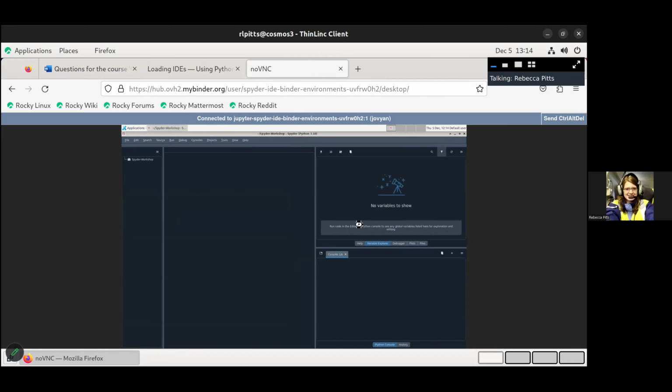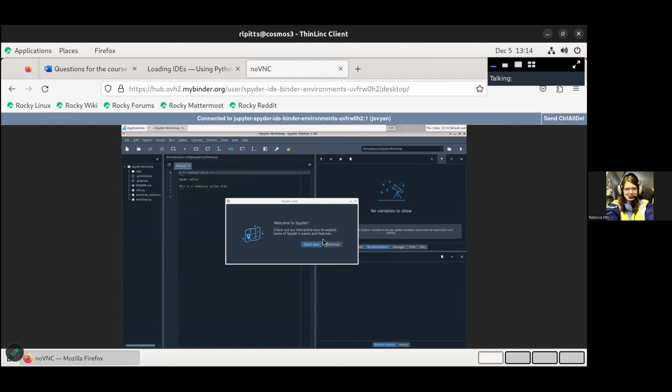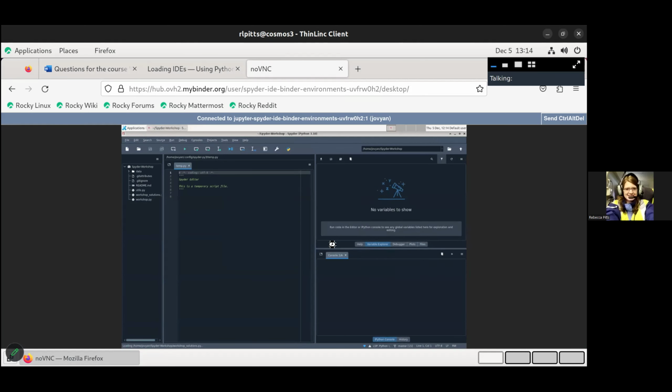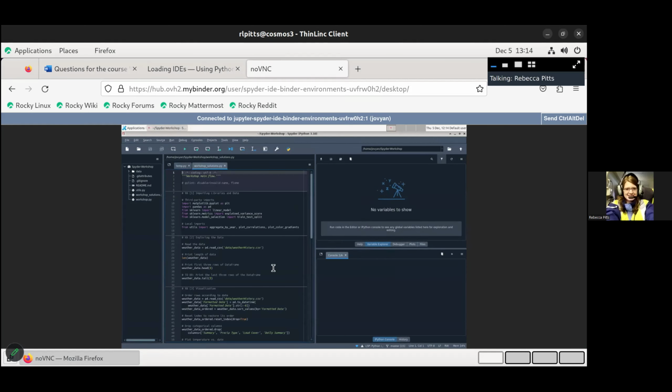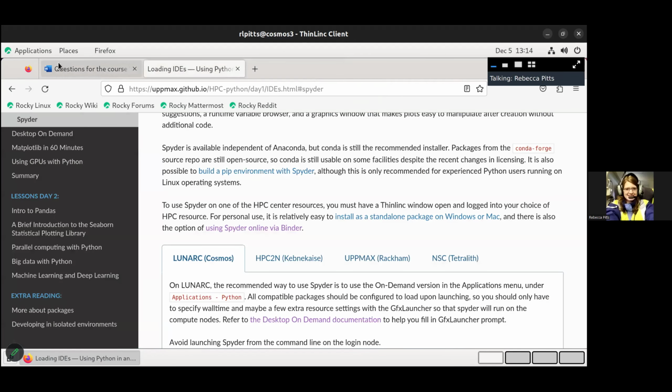And it will look something like this. When you open Spyder, you tend to just get a menu that looks like this. But I'm not going to continue on this. I'm going to open it